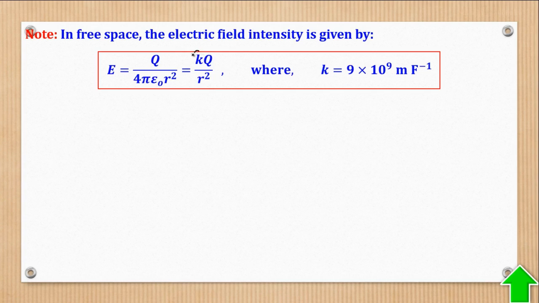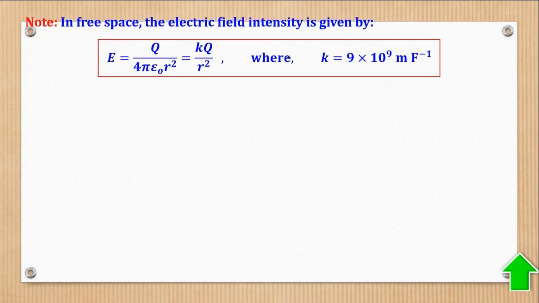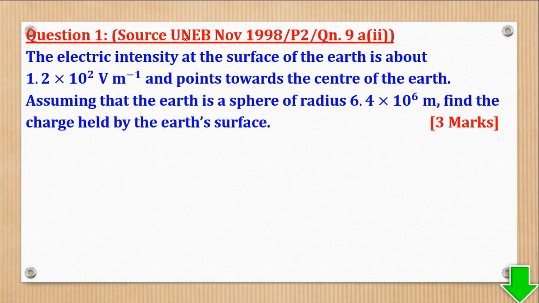So this is the formula we shall be using more frequently, remembering that K is equal to that. Like I told you, this constant is also given in the table of constants in an examination. There's no need to memorize it. So now that we have seen the formula for electric field intensity at a point, let us go through some of the questions. Question 1 came from UNEB, November 1998, paper 2, question 9A Roman 2, and it says, the